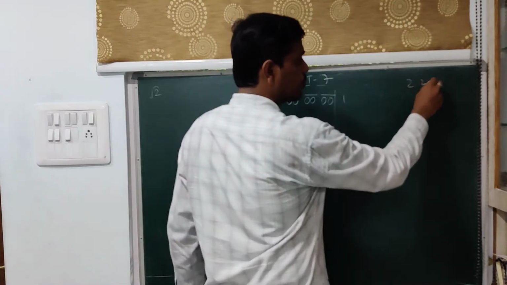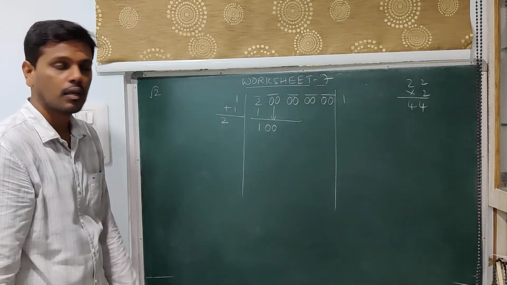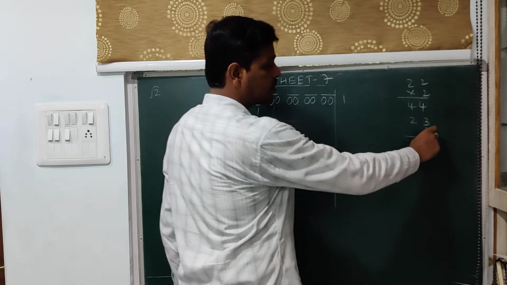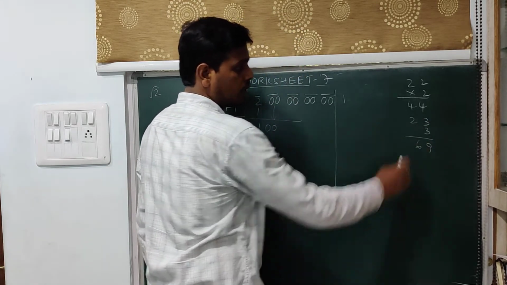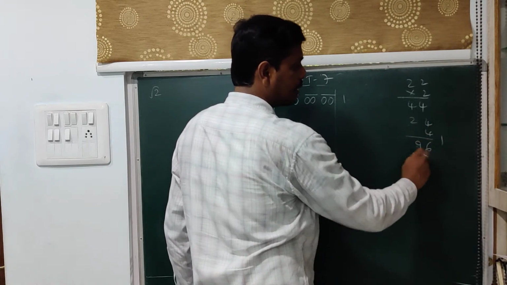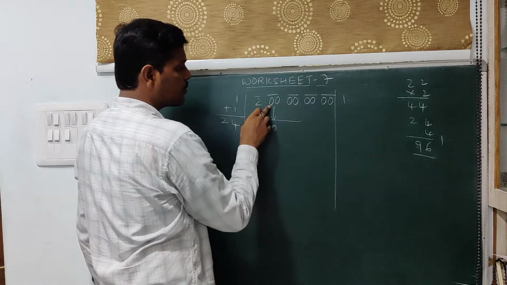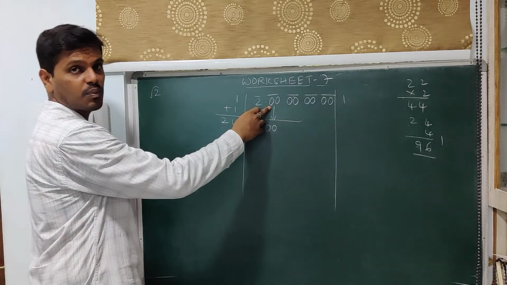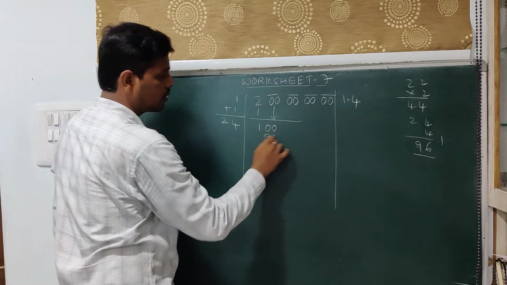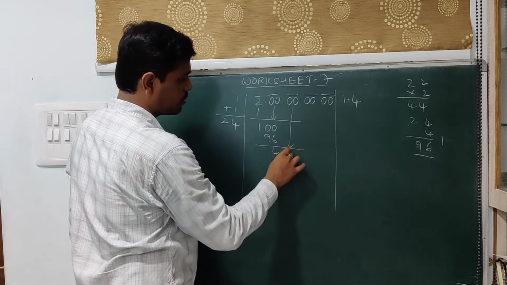If you place suppose 2, then multiply with 2. Then that gives you 44. 44 is far from 100. So likewise check out for different numbers. If you go with 3, then you have to multiply with 3. 3 3s are 9, 3 2s are 6. If you go with 4, 4 4s are 16, 4 2s are 8, 96. So I go with 4 because that is the closest. Since we have carried a pair of zeros after the decimal point, you keep a point here and write 4. So this is 96. 100 minus 96 is 4, and carry a pair of zeros, 400.